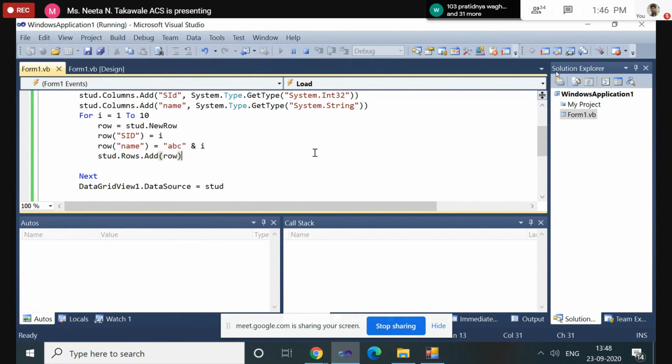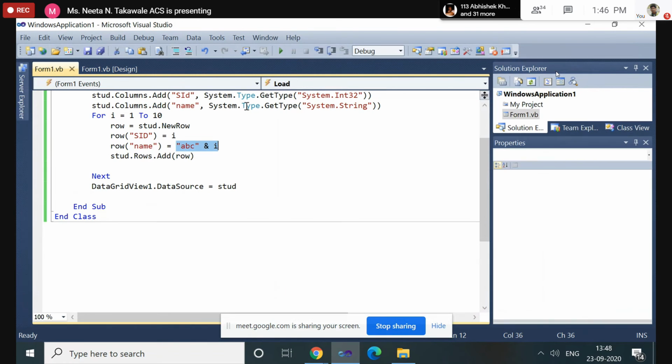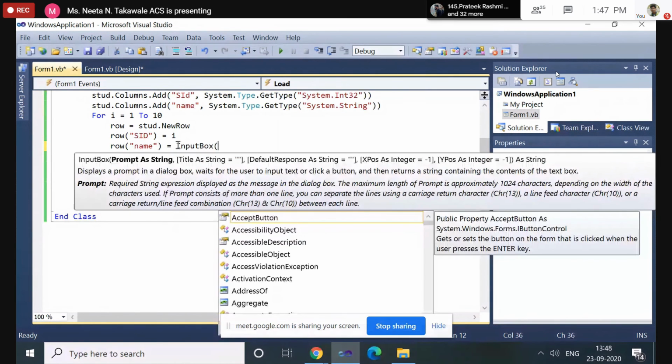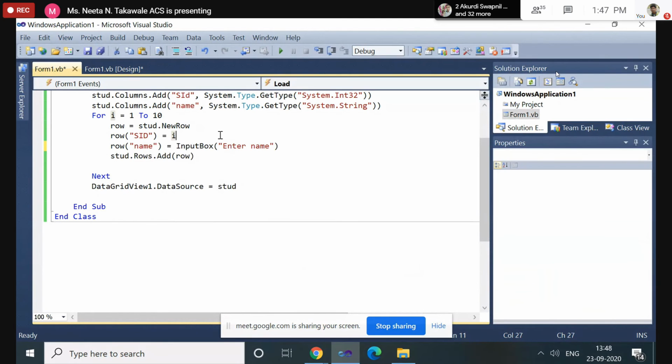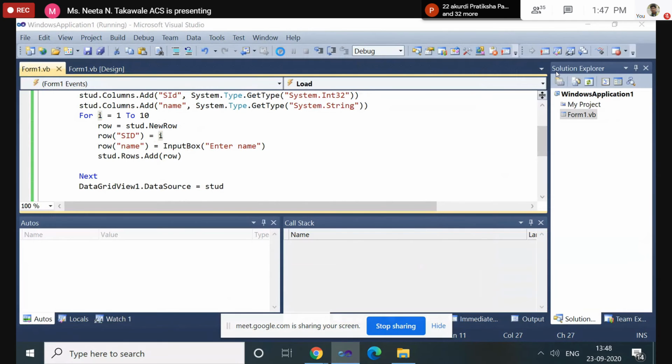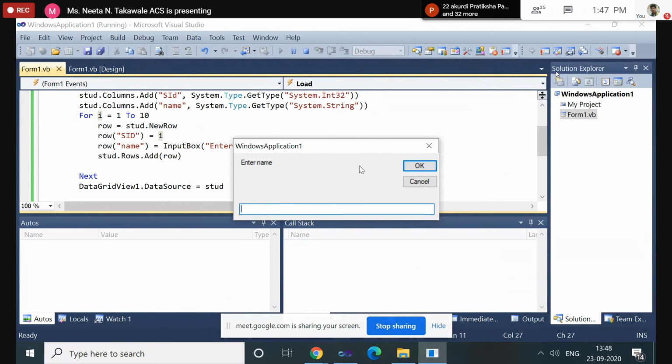Now let's do one task here. We are using the input box. Now see, it will ask for 10 times.